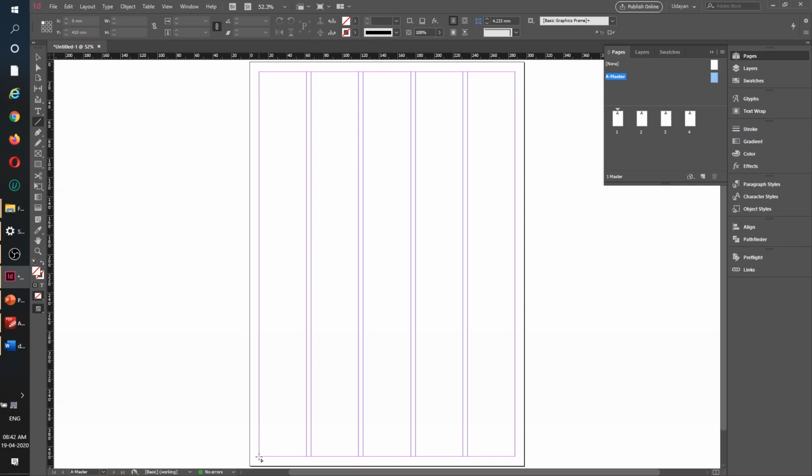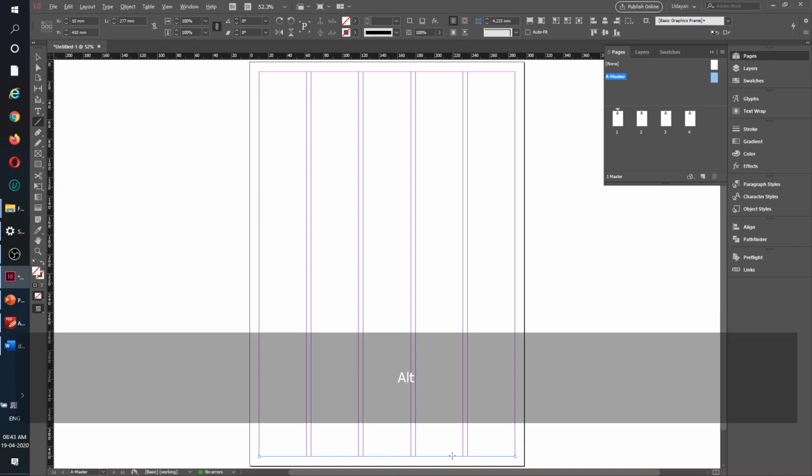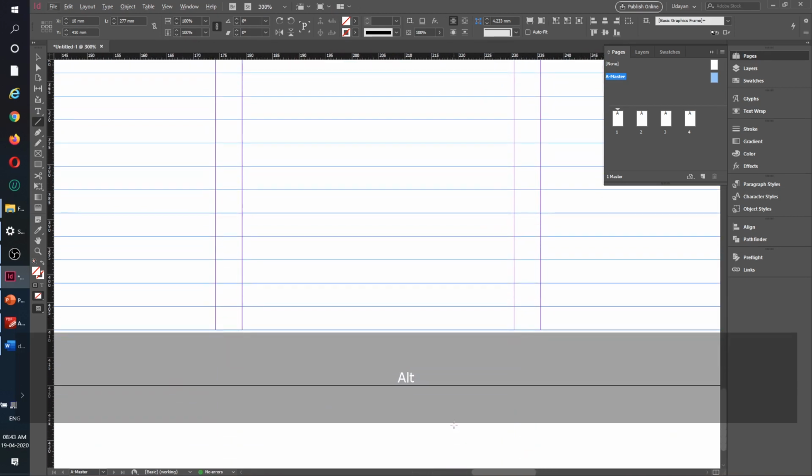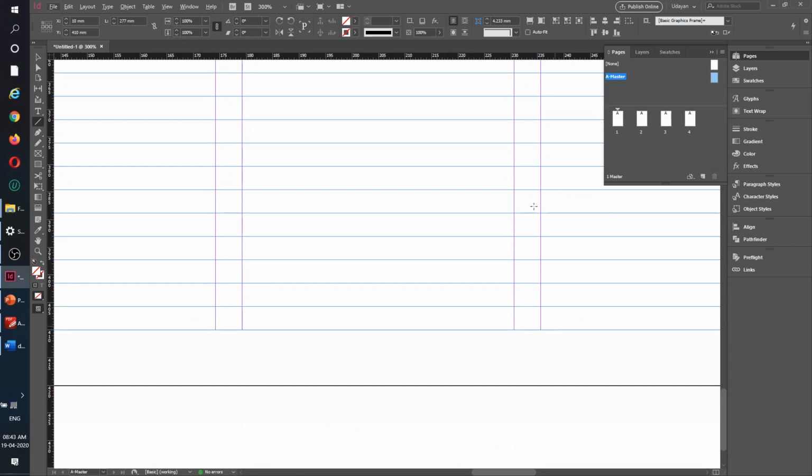We'll click once here. Make sure you are aligning and snapping to the margin, we can feel that it snaps. You don't see the arrowhead; the moment we are snapping, it shows the arrowhead. So I'm picking up here when my arrowhead is there, so it has snapped, and I will try to snap it till this end. Okay, so we are good. Now ideally it will not be showing up anything. I will just press Alt and zoom to show you that you don't see anything here, because that line does not have any stroke applied to it.